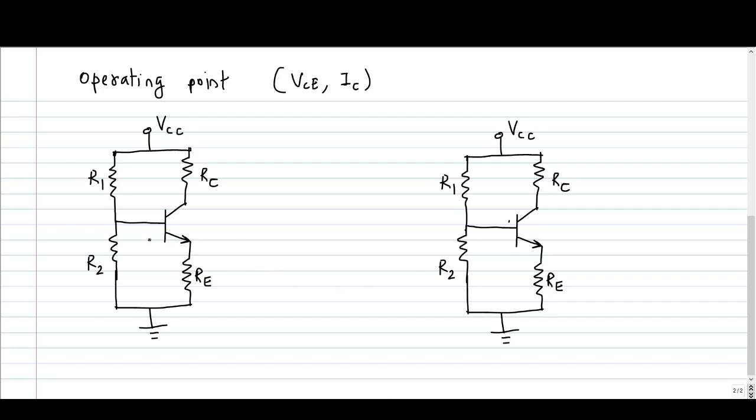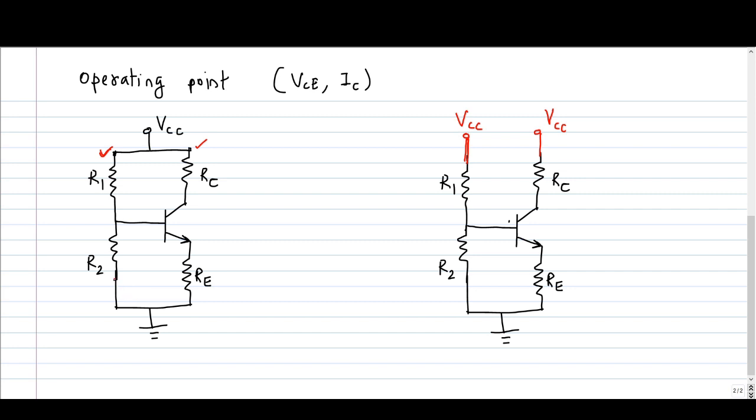So I have shown two copies of the same circuit here. You can see that the resistance R1 and RC are connected to VCC. So I can show it in a different way. On the circuit shown on the right side, I will make changes. Here the top end of R1 is connected to VCC. Similarly, the top end of RC is connected to VCC. So I will show two separate voltage sources VCC here. This will not affect the circuit in any way. So these two circuits are still equivalent.